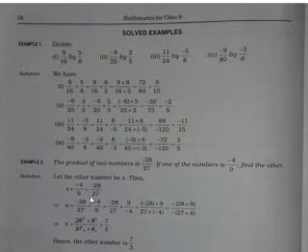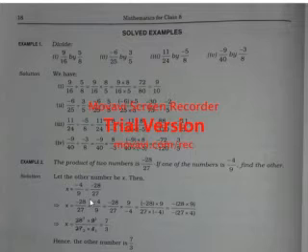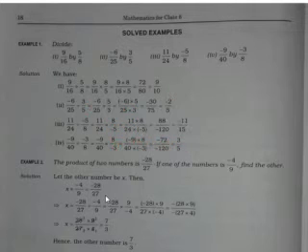The other number can be assumed as x. So x into minus 4 by 9 is equal to minus 28 by 27. So what happens? This minus 4 by 9 is in multiply, and when it goes to the other side, it changes into divide. Again I want to remind you, students, that in an equation, when we take any one expression, any